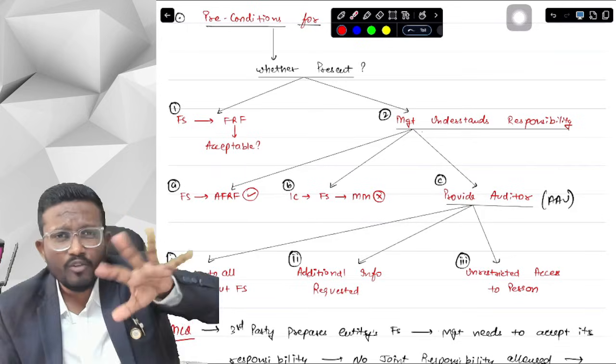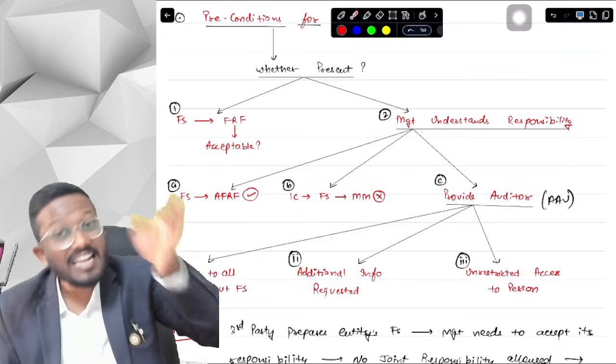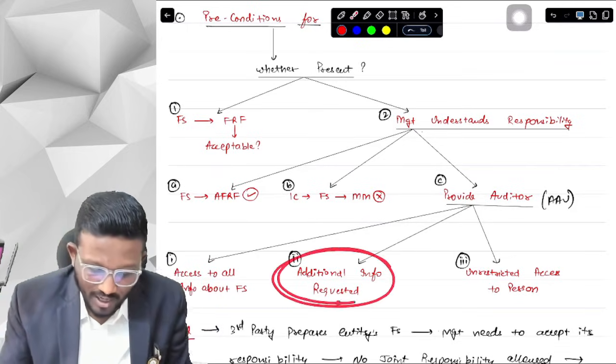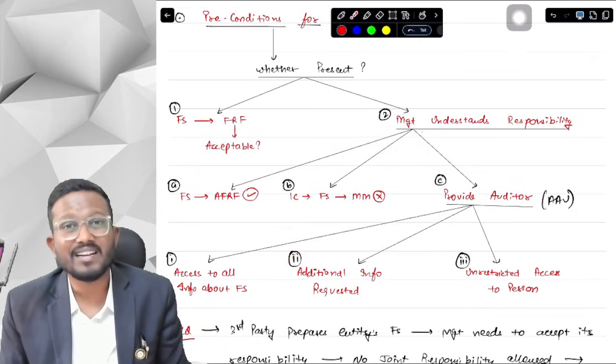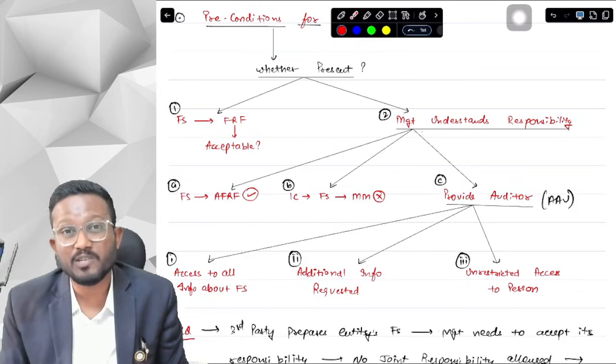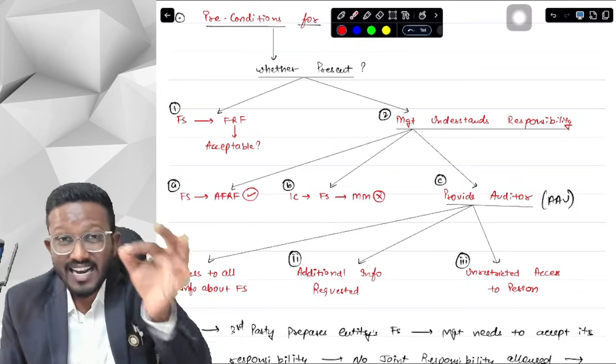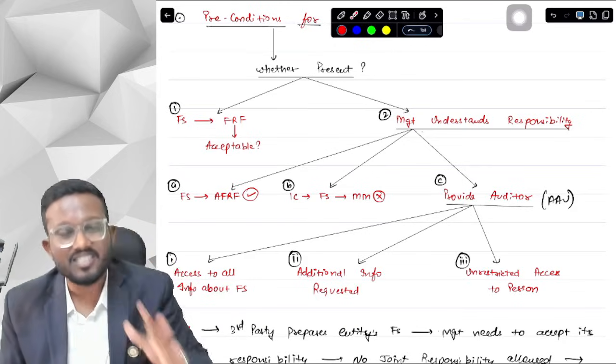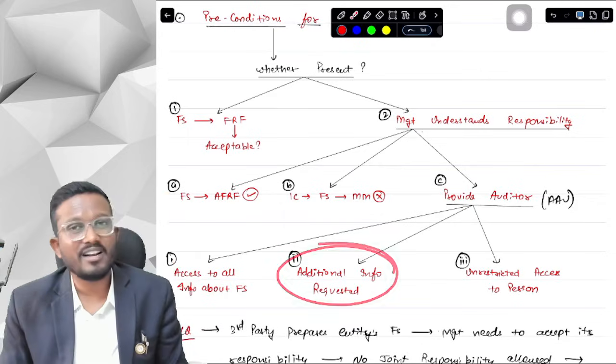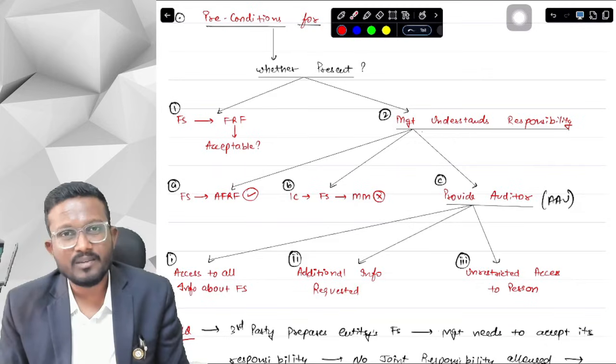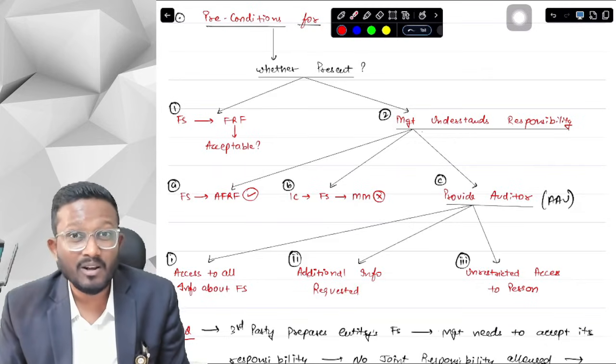Not only the information relevant to the financial statements, but any other additional information that may be requested by the auditor, the management needs to provide that. It is the responsibility of management, and we should obviously take an acknowledgement from the management that it understands its responsibility, that they need to provide me additional information requested. Otherwise management may say, okay, I can manipulate the information and then I can provide it to you.